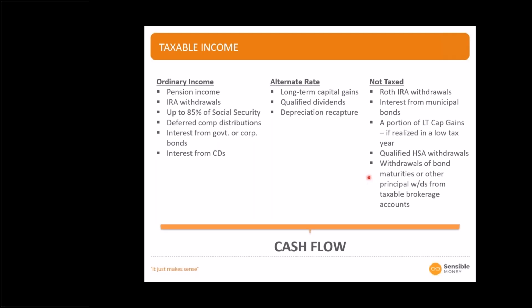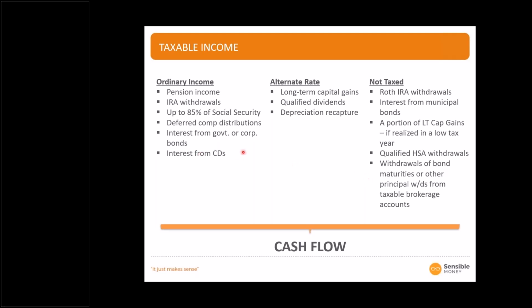So for example, if you own a bond or a certificate of deposit in an account and it matures for $50,000, when you withdraw that $50,000, it's not taxable. The interest on it was taxable as you earned it, but the principal when it matures is not. And we often have people say, yeah, but if I withdraw that, isn't that $50,000 of taxable income? Well, no, if it was in your IRA, it would be, but if it's not inside a retirement account, those kinds of things are not taxable.